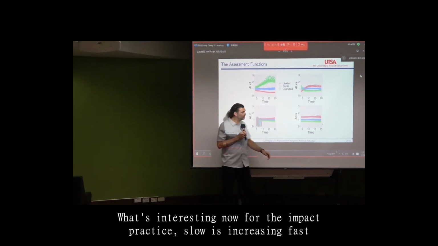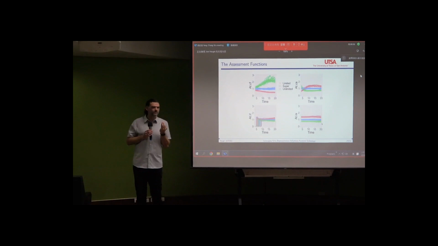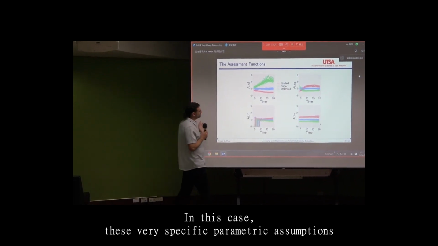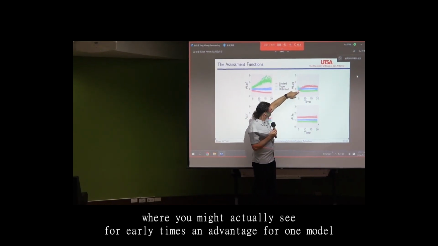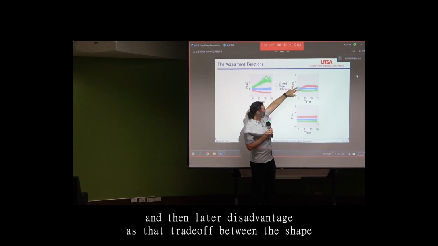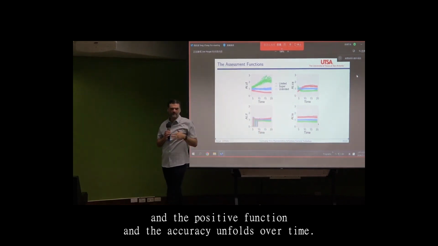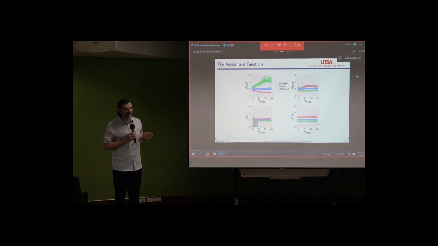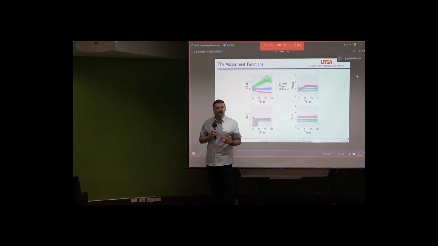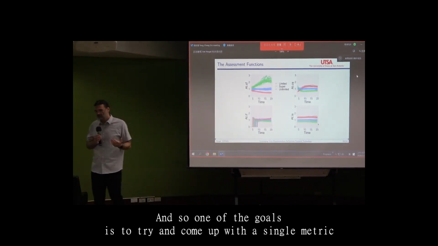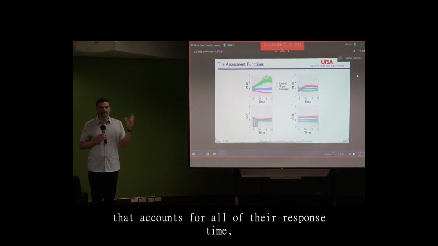What's interesting though for the correct and slow, and incorrect and fast, is that the models pick a particular trade-off wherein you can see even switching it across time, in this case with these very specific parametric assumptions, where you might actually see for early times an advantage for one model, but then later a disadvantage as that trade-off between the shape of the cumulative hazard function and the accuracy unfolds over time. So there's additional complexity in having 4 different functions for assessment that come in with this, and so one of the goals is to try and come up with a single metric that accounts for all of the response time and accuracy